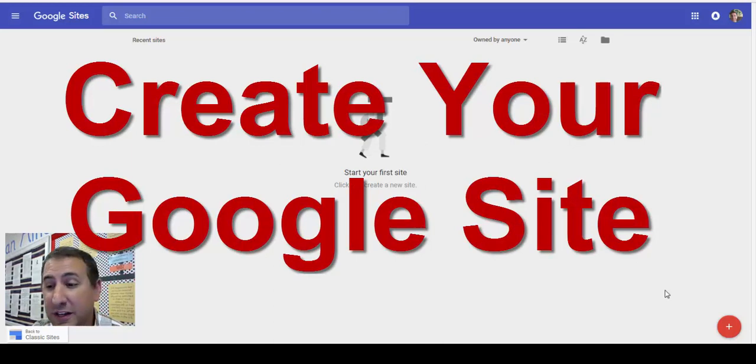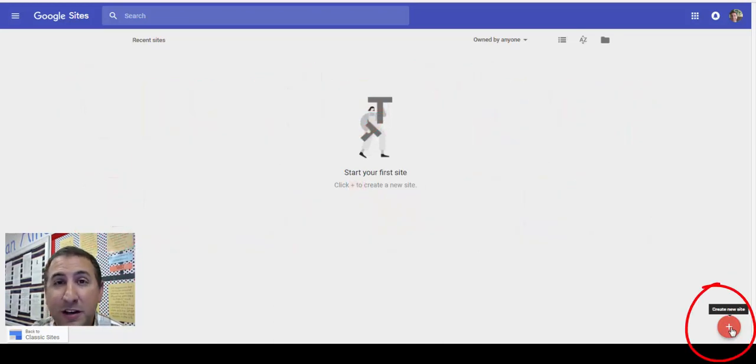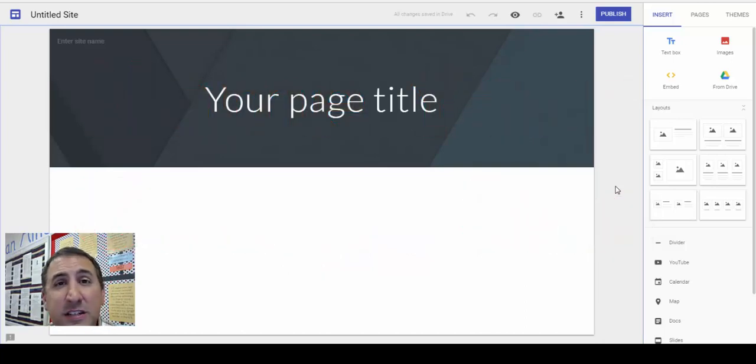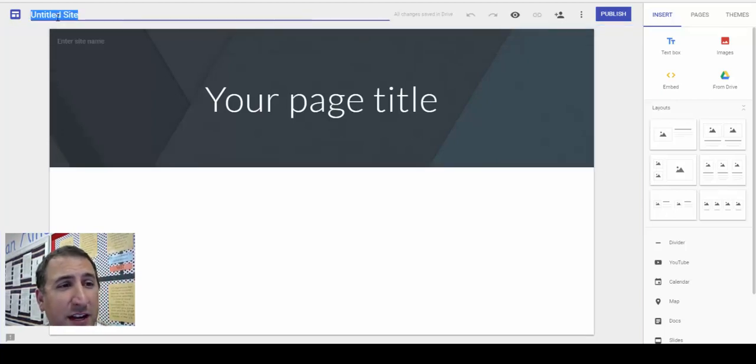All you need to do is click on the red plus button to create a new site. Go ahead and select that. The first step I always take once I create a document using Google Docs, or in this case a Google site, is to name the document. This always helps me to stay organized. So I'm going to do that right now. To name the site, I simply click where it says Untitled Site. It gets highlighted, and I'm going to name this Google Sites